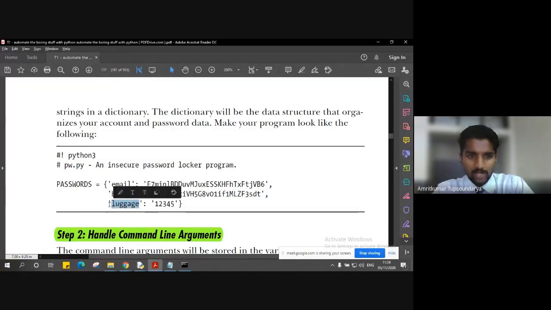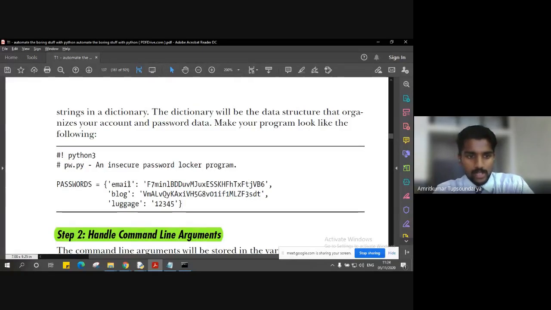That luggage can be anything, right? Maybe the password for his luggage bag. So these are just three keys that we have added and their corresponding values. The value here is nothing but the password for his email, his blog, and his luggage bag. So you can add whatever you want.